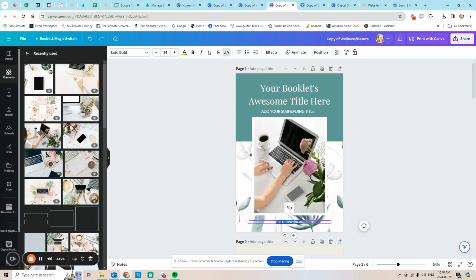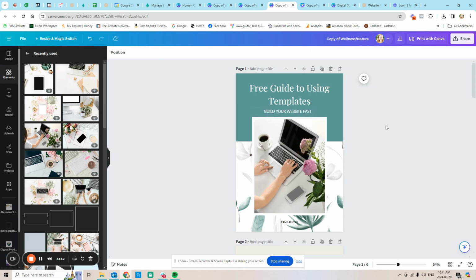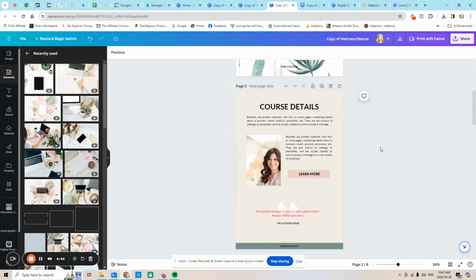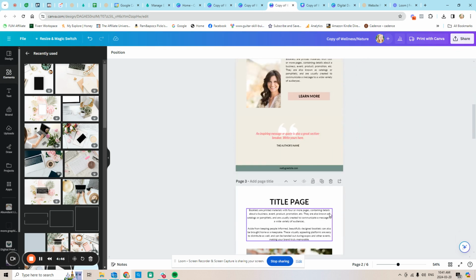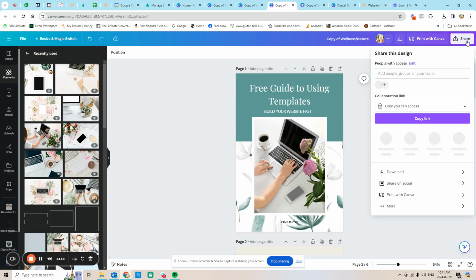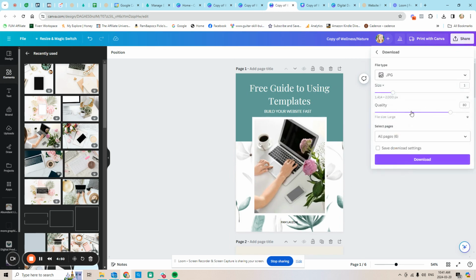And you can put the author's name in. And we'll call this Free Guide to Using Templates. Build your website fast. Okay, so if that was my freebie, I might do something like that. You could also do the second page here if you wanted, but I'll just show you how to do this first page. I'm going to download that as a JPEG,